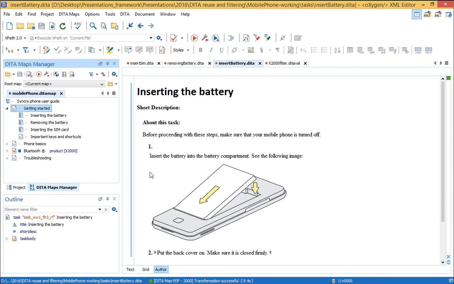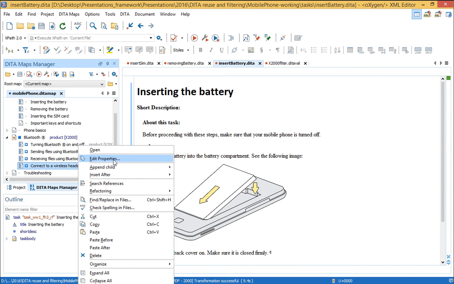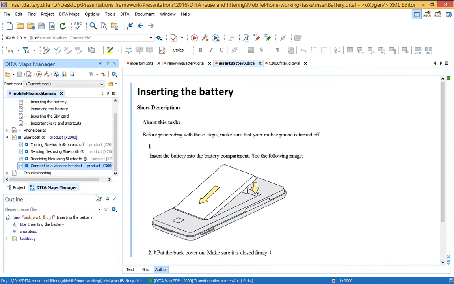Now, another thing to consider while working with conditional content is that you have to be very careful while profiling your content. For example, let's assume that the ability to connect to a wireless headset is only available for my X3000 model. So I will just mark it as being available for the X3000 model, click OK, and apparently everything is good, but in fact it isn't,